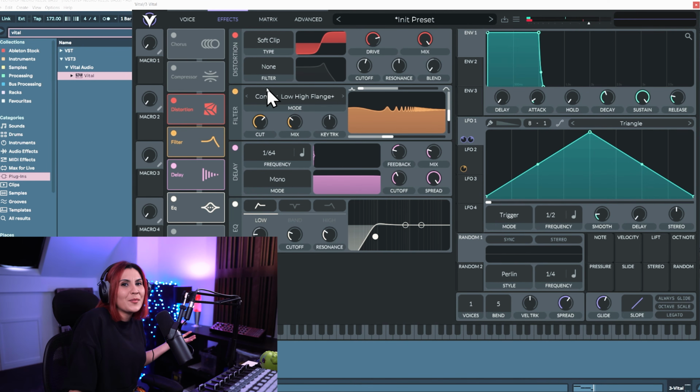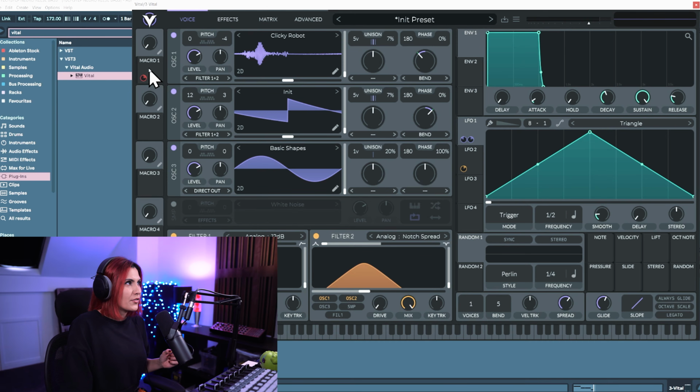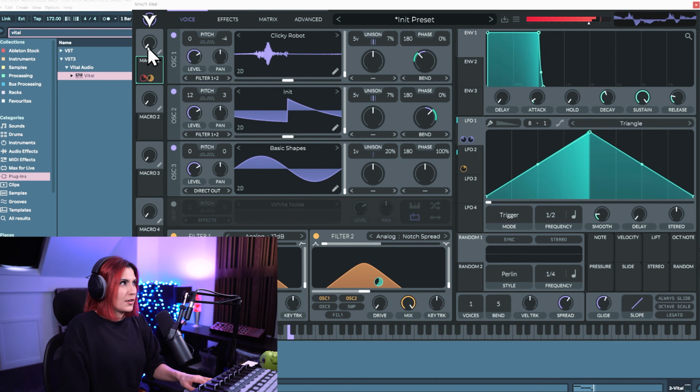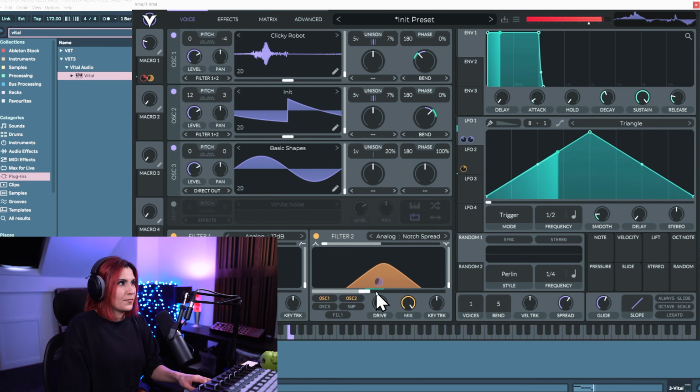Which sounds okay, but I think we could get more out of it. So we're going to add the macro to the drive, and we're also going to come back into the filters, and we're going to add the macro to filter 2. So that's the synthesis part done in Vital,